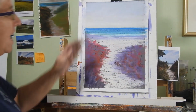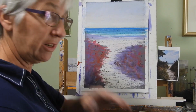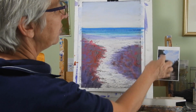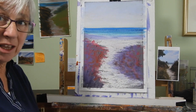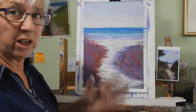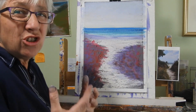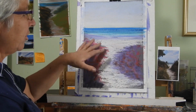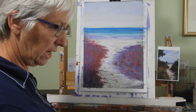So you can see I'm just layering up the different colours on there now. It doesn't look like vegetation yet, but it will eventually. In this pathway picture I have a tree coming into it through there, and I can make that tree if I want to. I've put the sky in, so it's going to be hard to get dark over it. You just need to choose a colour or colours that are darker than your end result. I'm going to keep working on this now, and all I'm going to do now is start layering in even